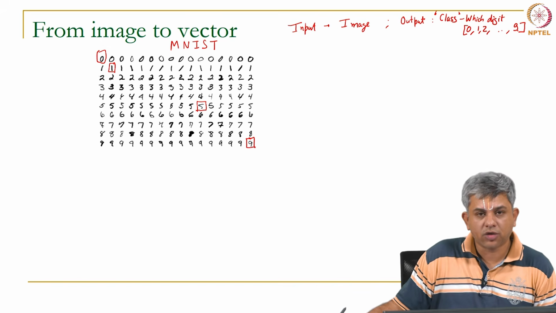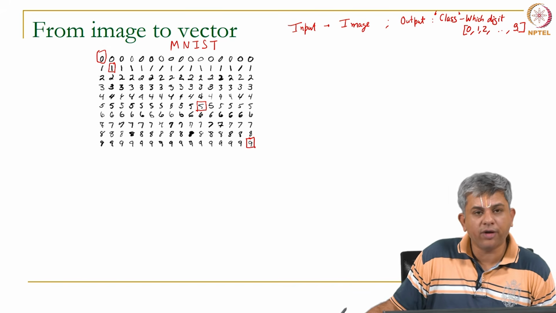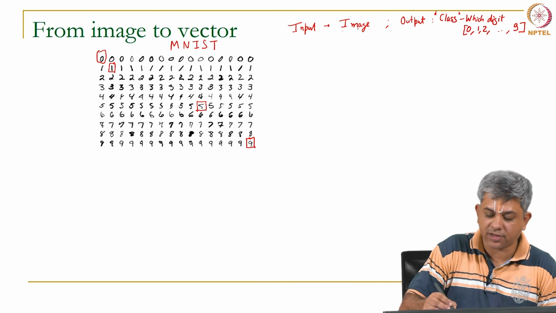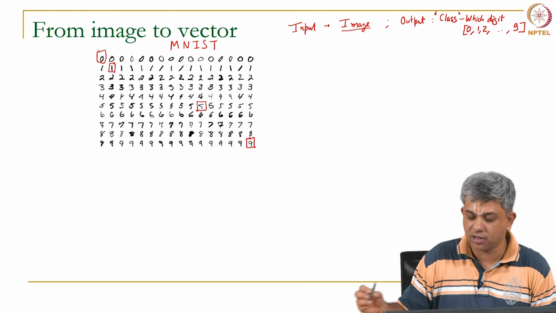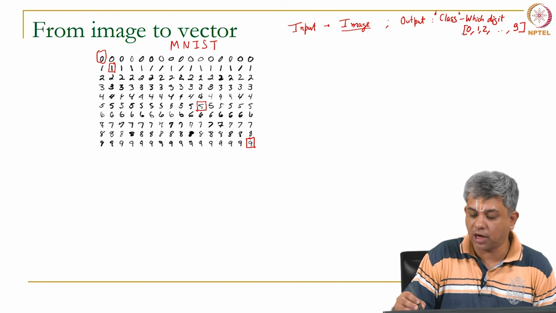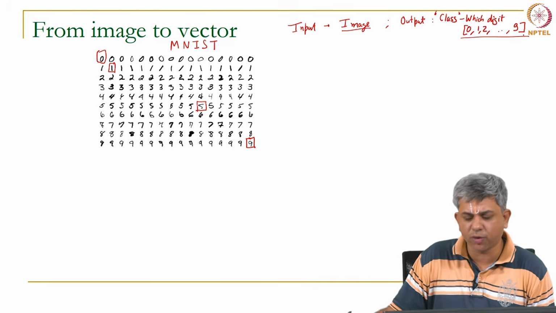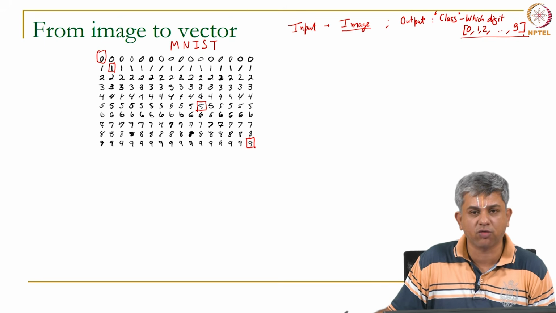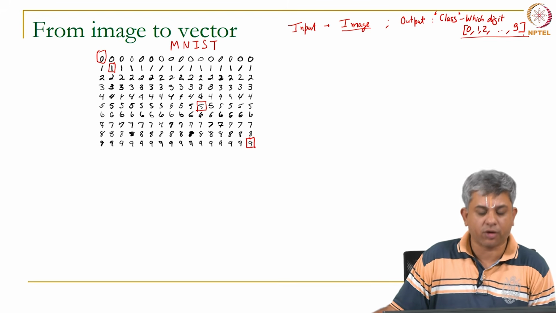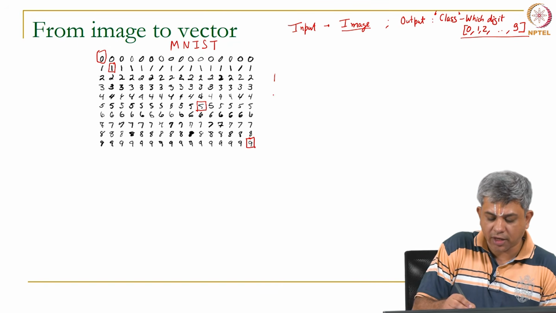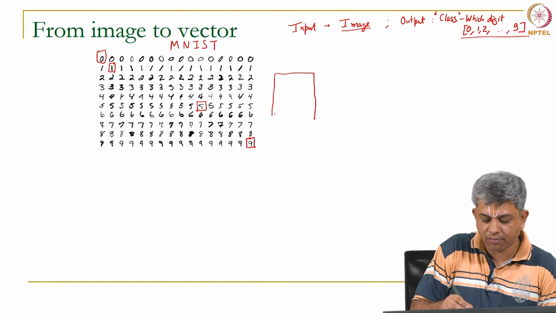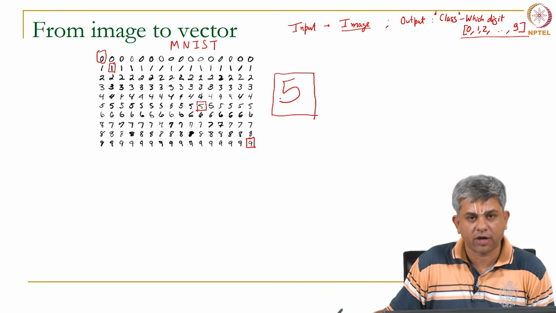Now the question is, how do you represent the input as a vector or as a series of numbers, and how do you express the output as a series of numbers? The output is kind of obvious because it goes from 0 through 9. You can at least think of a single number coming out as an output. That number is going to be either 0, 1, 2 or up till 9. But what do we do with the input? The input usually looks like this. Something of this sort.